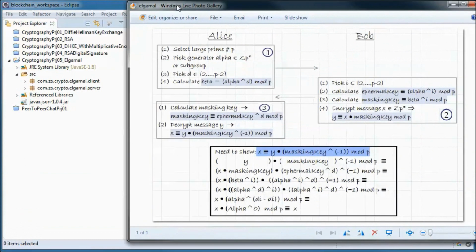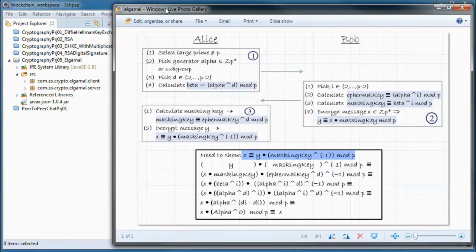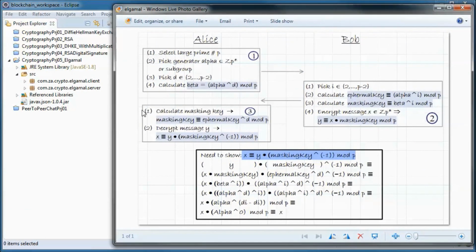And before proceeding with the code, let's do a quick summary, and let's also show that when we do decryption, we obtain the original value of X. So the setup here is Bob wanting to send an encrypted message to Alice.